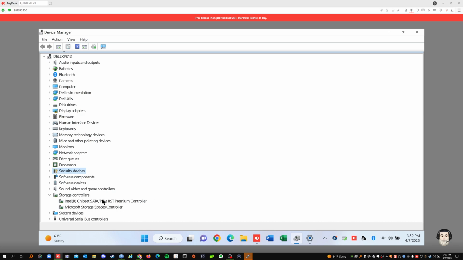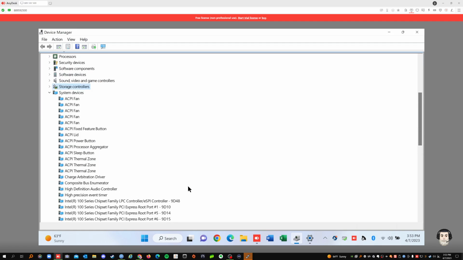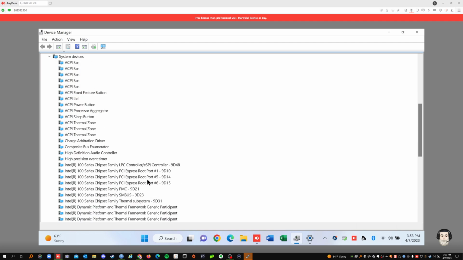This is a controller that connects your hard drives. It's a peripheral that's embedded on the motherboard that makes it negotiate the storage devices to your computer through here. If you don't have that, you cannot put a hard drive. This is all your system devices, the fan, right? The fan on the computer, the power button, the lid, the power button there again, the sleep button, the thermal zone, arbitration. This is everything on the computer that gives you